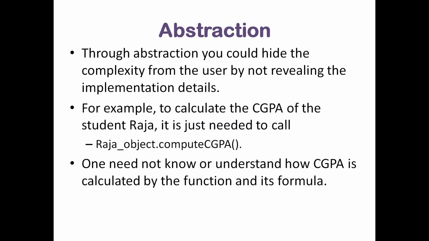So I don't need to know the formula used inside that method or the logic used in that method in order to use it. For usage I just need to make a call to the method and the result will be computed. This idea is called abstraction. Abstraction is the ability to hide the complex implementation details from the user and allow the user to use the methods in a simple way. That's what we have achieved through abstraction in the given example.